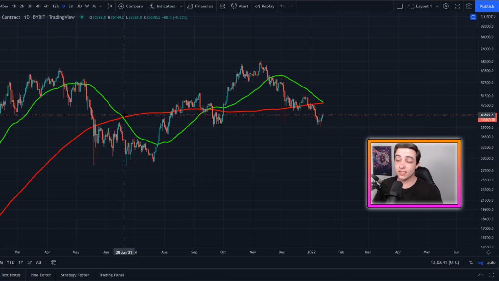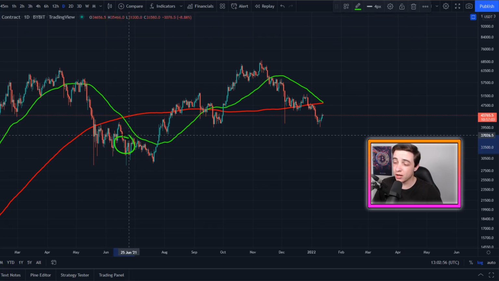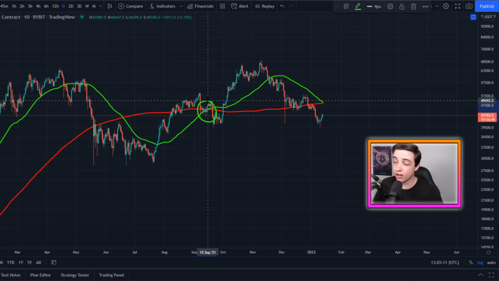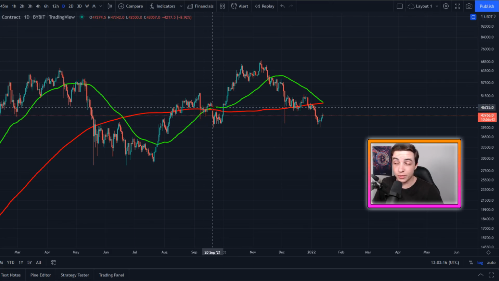So if you decided to sell Bitcoin at that previous death cross or short Bitcoin at that previous death cross, that was almost the worst possible time that you could have sold Bitcoin. And then looking at the following golden cross that happened in around the middle of the September correction, as you can see, we still saw some bearish price action in the coming weeks after we saw that golden cross, which was meant to be bullish for the Bitcoin price.